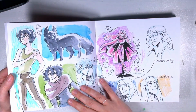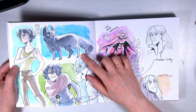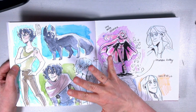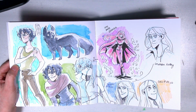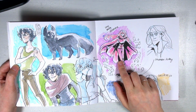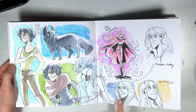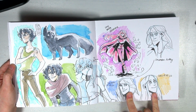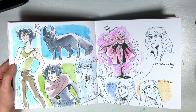Here is Xanthus again in his human form and also in his fox form. He is basically the god of death and chaos, but also like renewal and stuff like that. And yeah, this is my warlock Devendra, and he's rather old these days, but this is when he was young, and this is his son Vales, and he doesn't like him very much for reasons nobody understands really, except for